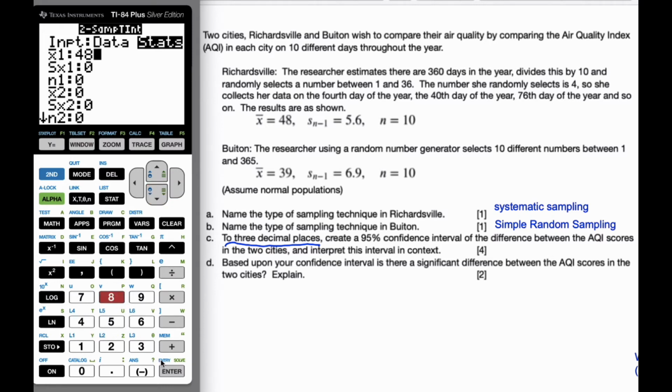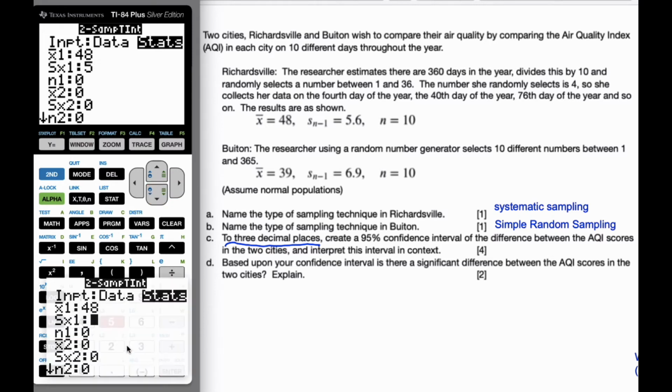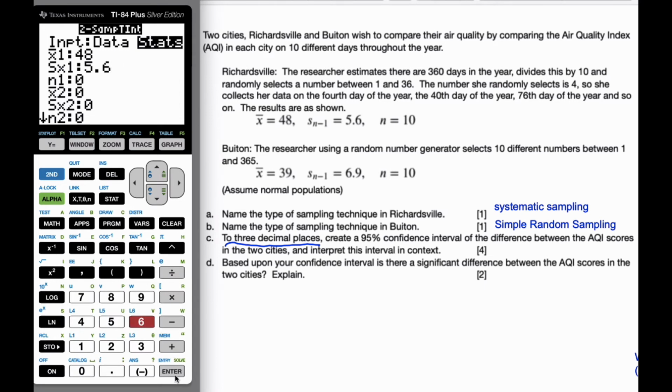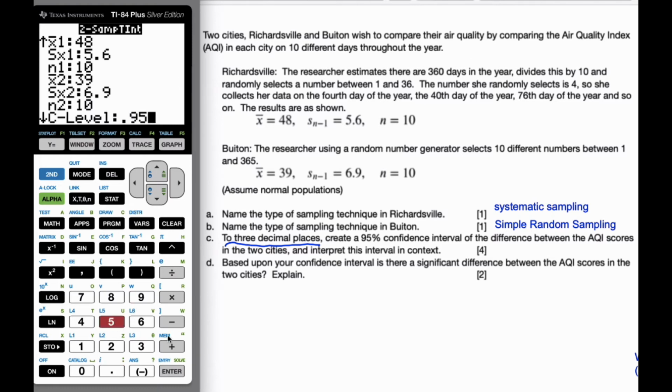We have 48, we have 5.6, we have 10, and again we have 39 for Boynton, 6.9, and 10. Okay, our confidence level, we want it to be 95%, 0.95, and we're gonna pool the data,